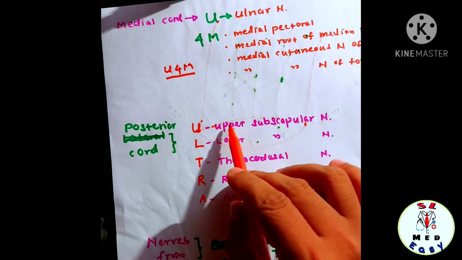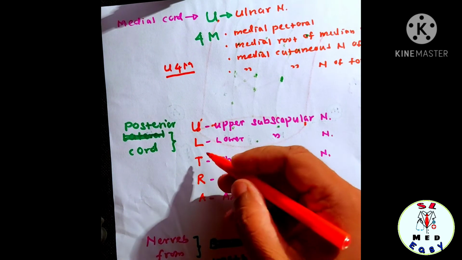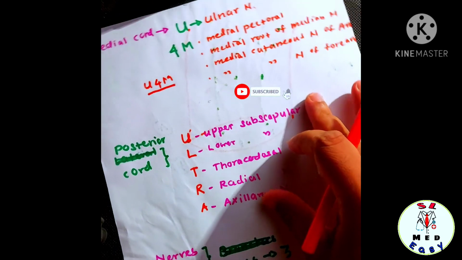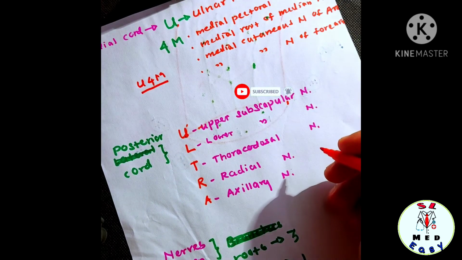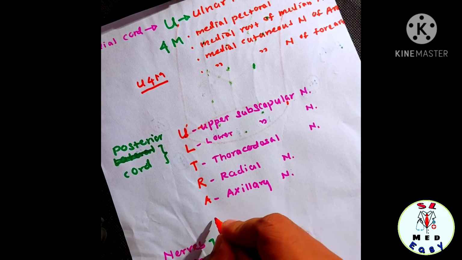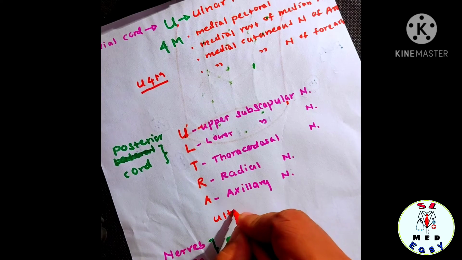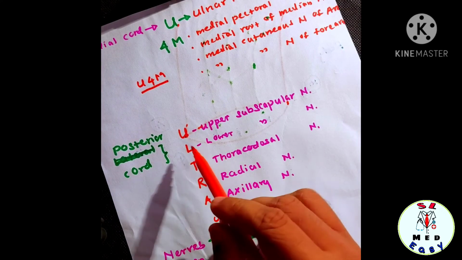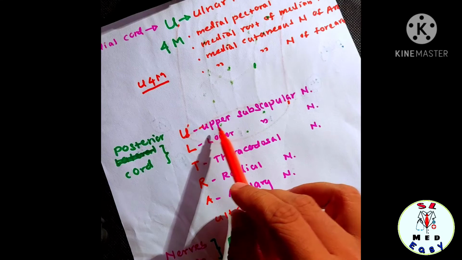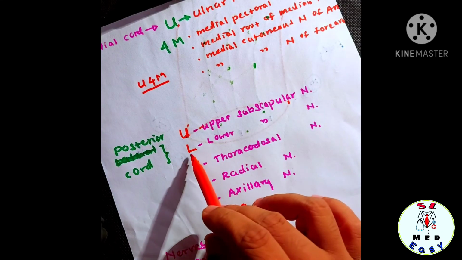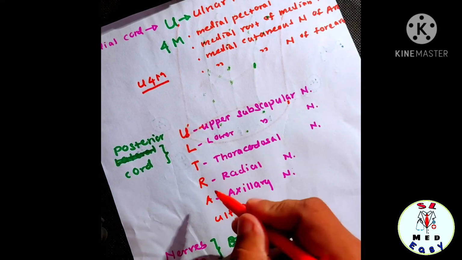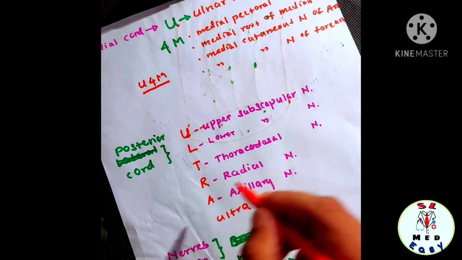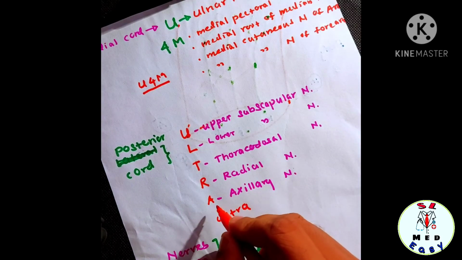These are the branches of the posterior cord. There is another mnemonic for the branches of the posterior cord that we can remember as ULTRA, right? U means upper subscapular nerve, L means lower subscapular nerve, T means thoracodorsal nerve, R means radial nerve, A means